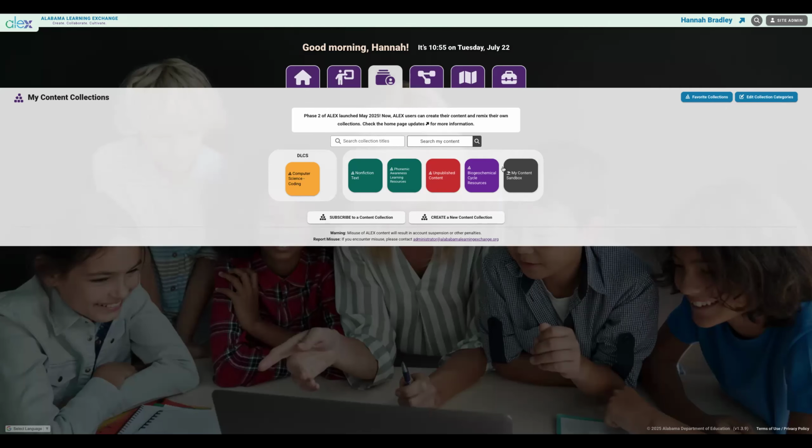And then you're going to look for the gray tile that says My Content Sandbox. So we went to Alex, alabamalearningexchange.org. We logged in, My Content Collections tab. Now we're going to click on the gray tile that says My Content Sandbox.